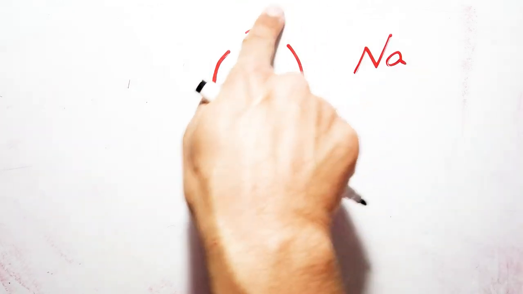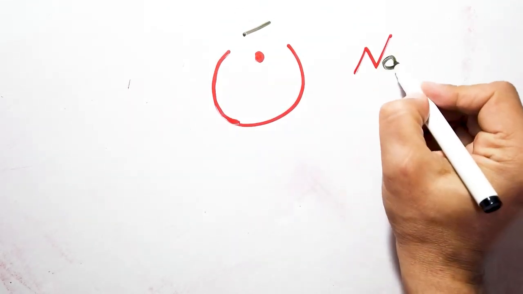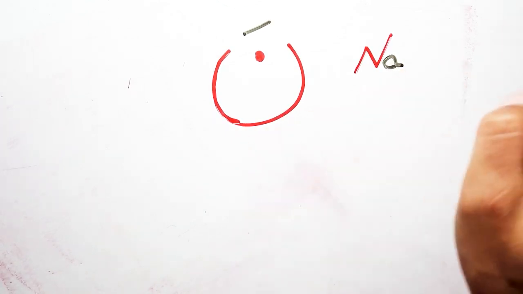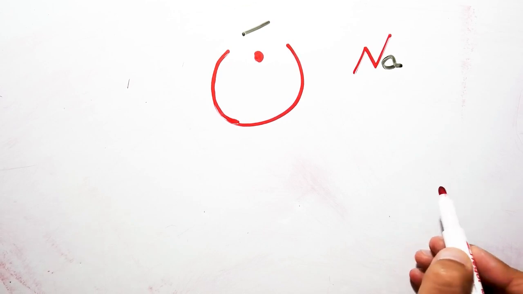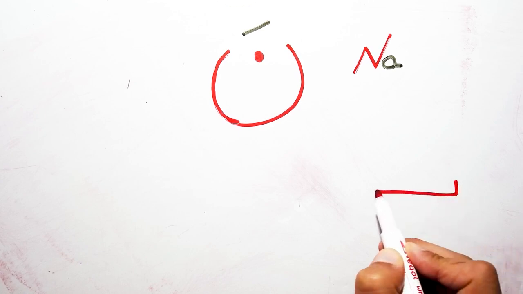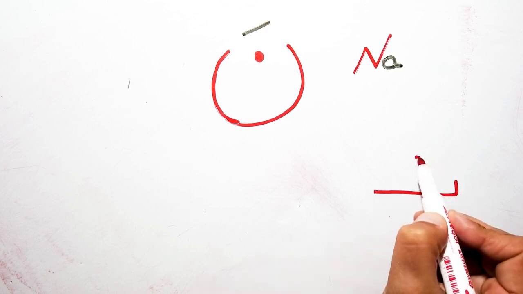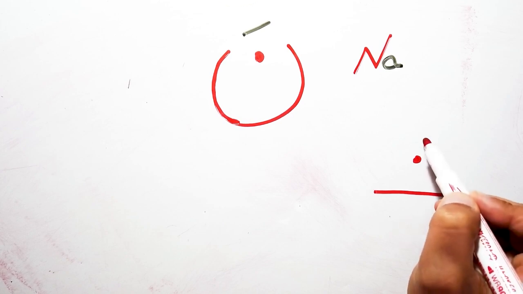So if I remove it and I add it in black, it will be like this. Ne. Okay? Let's see na in the beginning of the word. It looks like this. I want to say na. Don't forget, we write Arabic from the right to the left. So this is the shape of na in the beginning of the word, and I have to add this dot on the top. And don't forget this mark. Now we have ne.